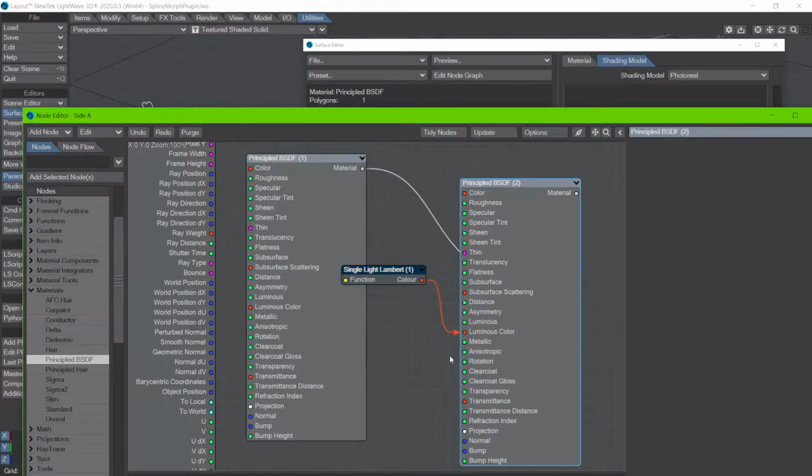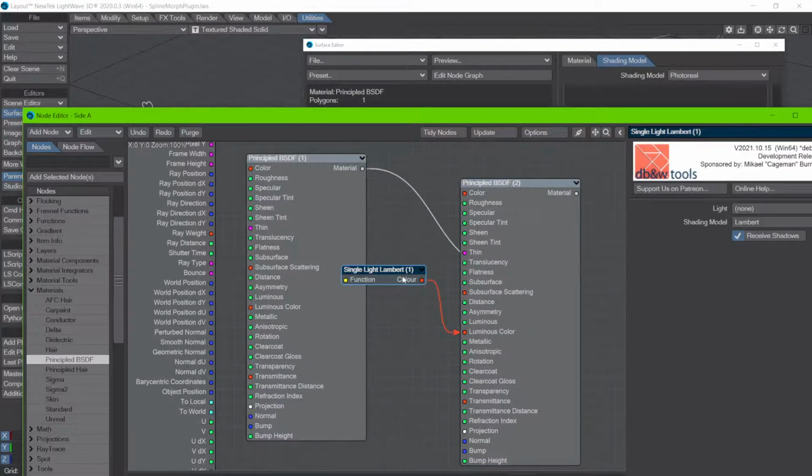And the single light Lambert kind of goes against that because it goes back to actually tracing rays in the node again. But it does work. So yeah,